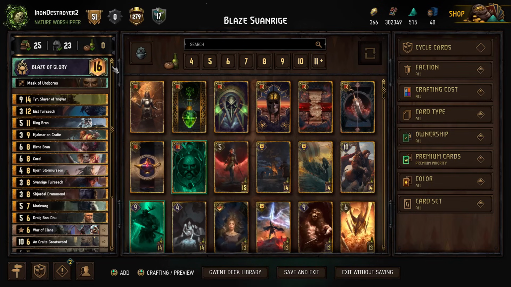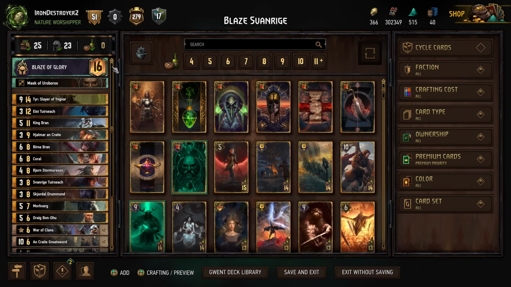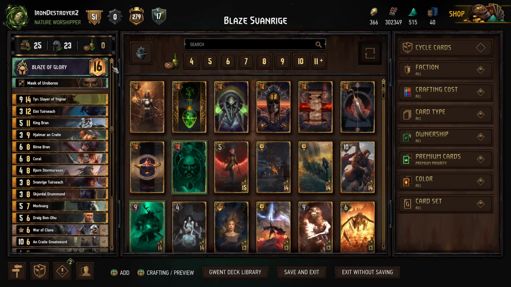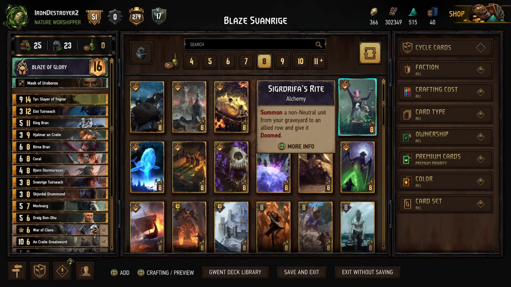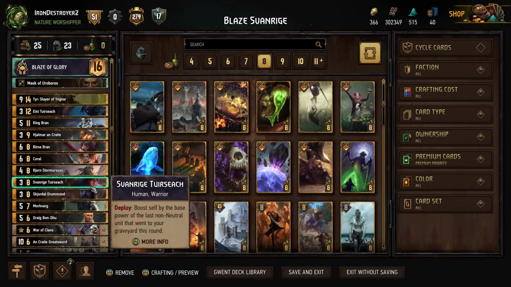So, you know, Tyr is kind of an interesting one, because I never play him. Play against him a lot. But in this deck, I do like him. Obviously, we're playing War of Clans to synergize, but like I said, I wanted to try and fit in Svanreach. As much as I wanted to try out Svanreach and make this deck, because even the deck's named after him,